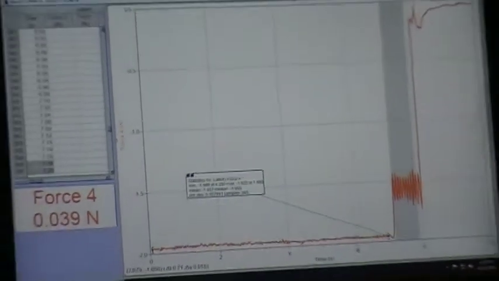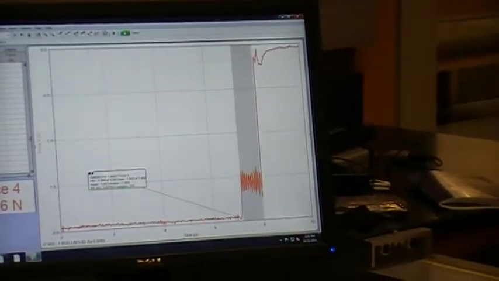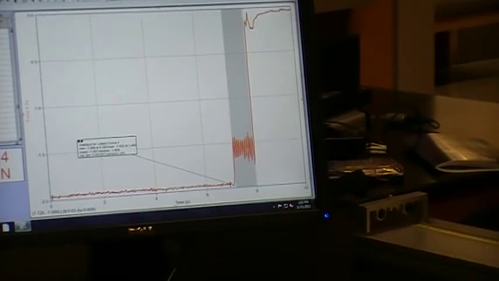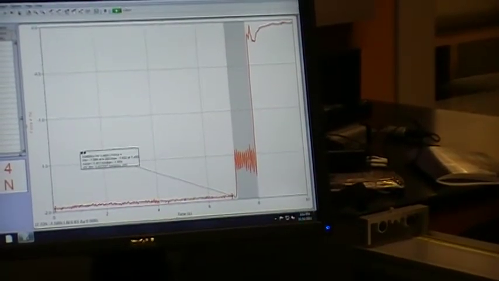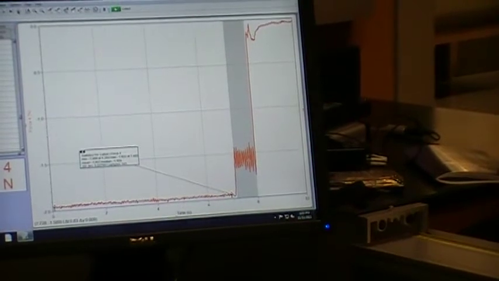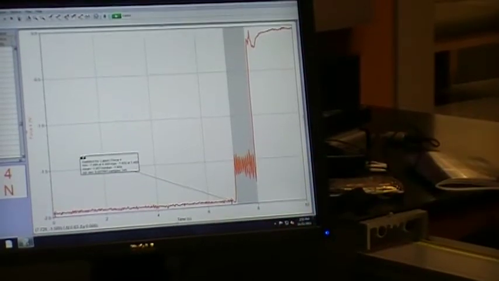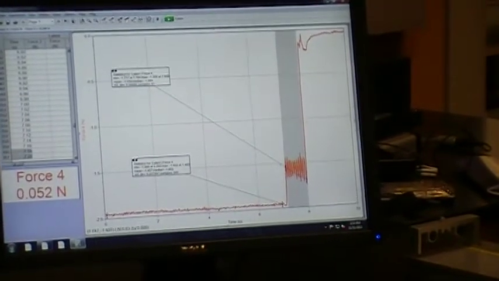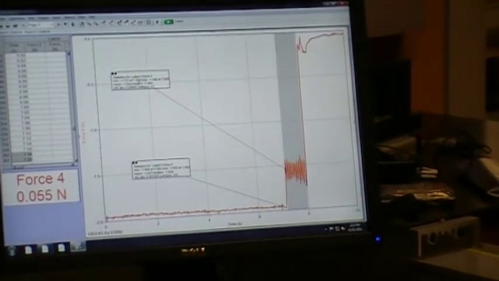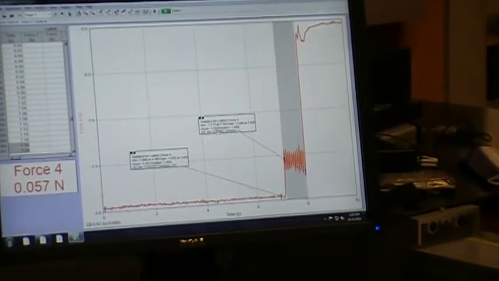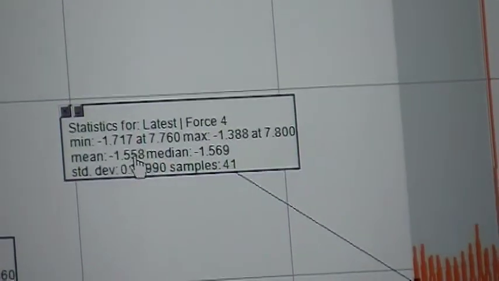But if you look right here, this is when our mass was actually accelerating. Now, the first thing you might notice about this section right here is that it's bouncing up and down an awful lot. And the reason is that we jerked on the sensor. And whenever we jerk on the sensor, it rings almost like a bell. When you ring a bell, it vibrates back and forth. That's why this is vibrating back and forth here. But if I go ahead and hit stat, it averages out all of that up and down motion, and it just gives us a value. And the value that we get for the mean is about negative 1.6 newtons,